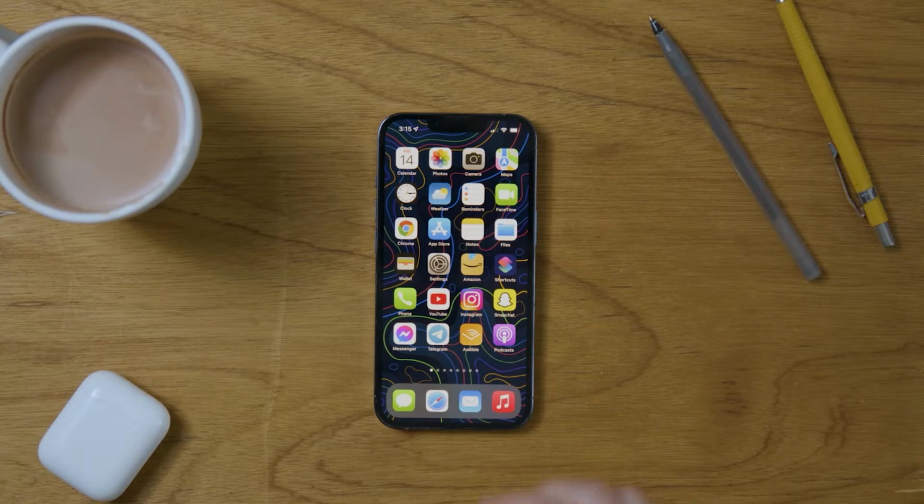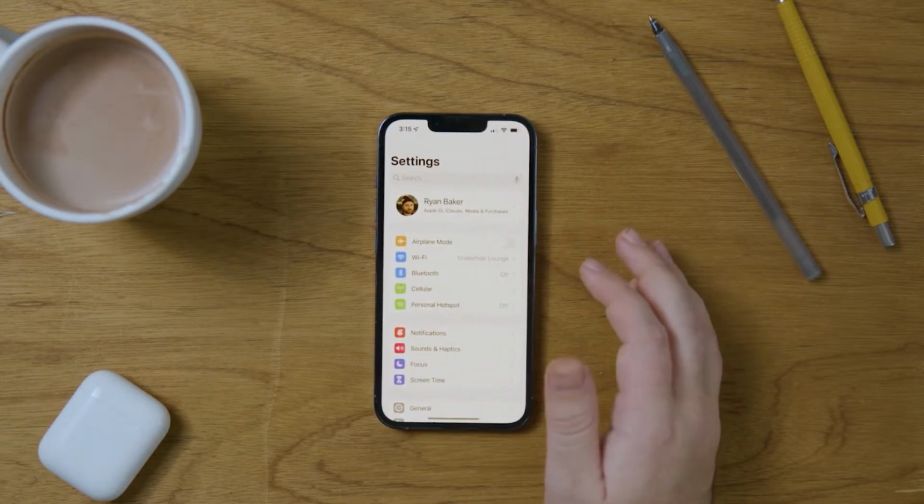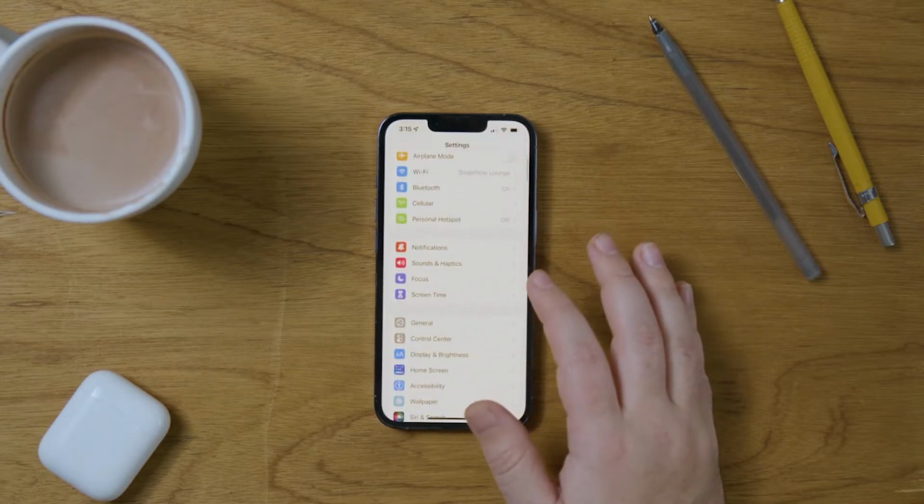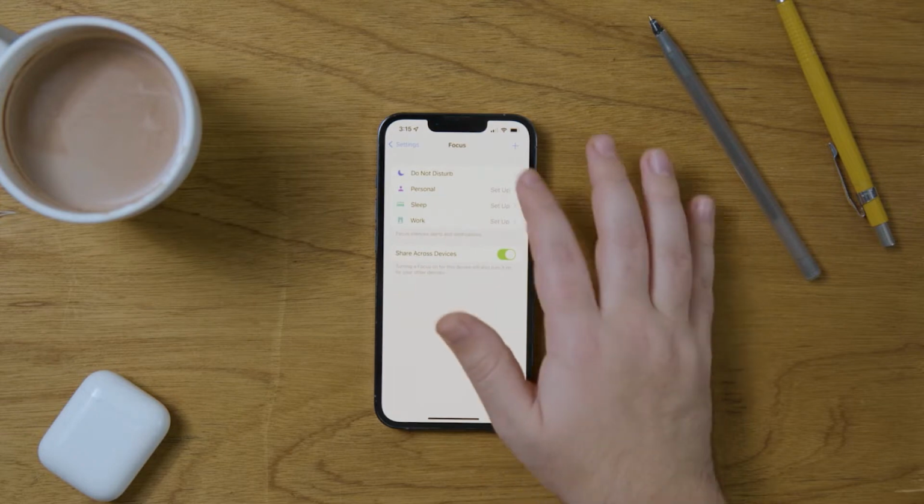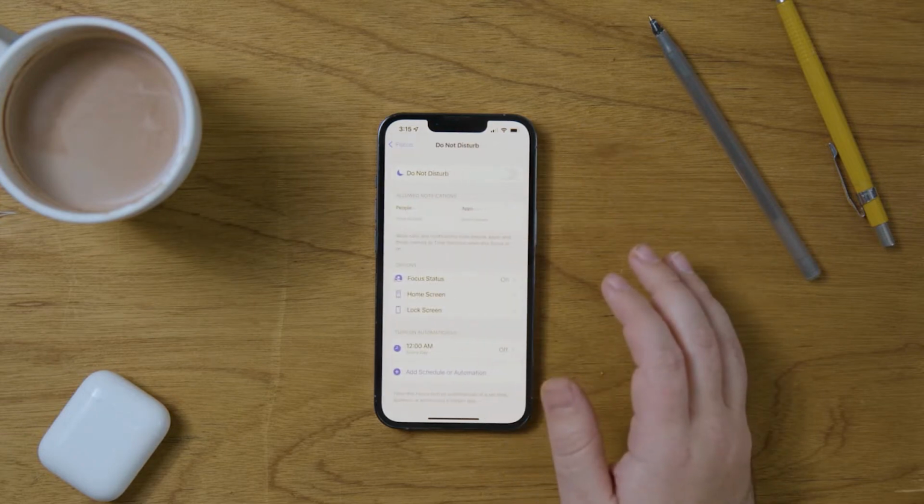Today I'll be showing you how to activate Do Not Disturb mode using the iPhone 13 Pro. First, we're going to open up the Settings app and then go down to Focus. And then at the top you can find Do Not Disturb, and these are all of the Do Not Disturb